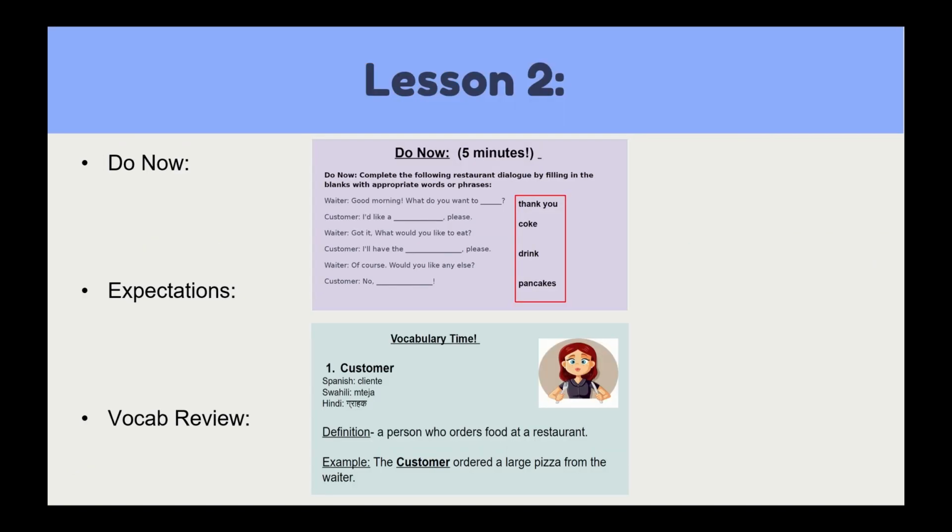Going into the second lesson, the second class of the week, we have the do now as well. With this, we are implementing in those dialogues, and they're trying to fill in the blanks. And then we have our expectations again with the 4 B's, and then vocabulary review. If you see here, this is an example slide of the vocabulary. So like I said, we have their translations in their languages, the definition and example sentence, as well as an